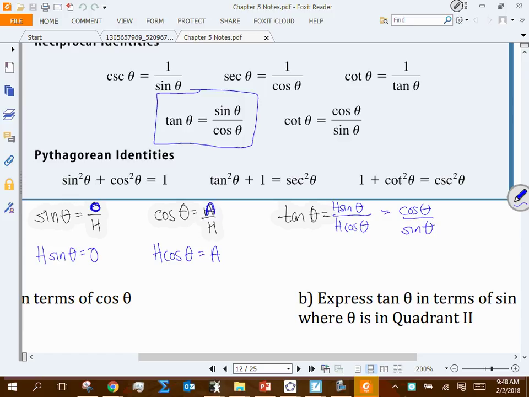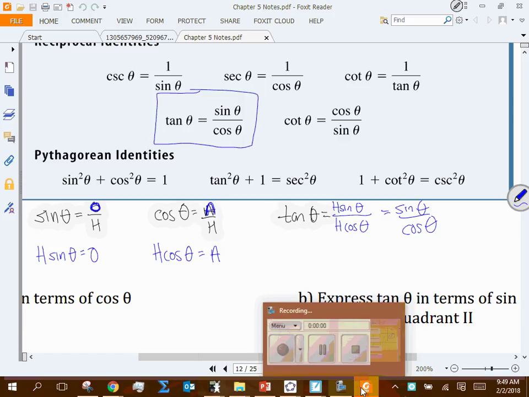Okay? So that is a lot of times referred to as a reciprocal identity. Oh, did I mess that up? I'm sorry. For some reason I was saying cotangent, because I'm going to try to explain that next. So that's sine of theta over cosine of theta, my apologies. That is sometimes referred to as a reciprocal identity, or categorized in that. Sometimes it's referred to as a ratio identity. But no matter what, if I take,